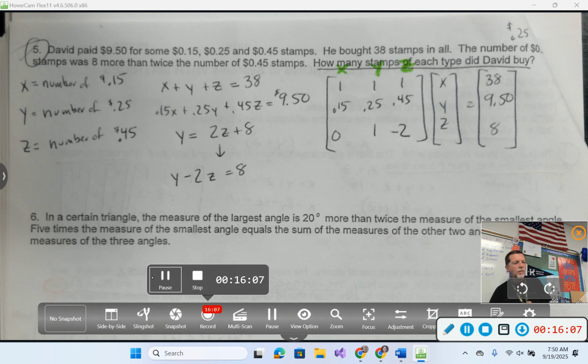Okay, so what I think I want to do today is just get started on the quiz. That way, as soon as you're done with the quiz and confident, you can turn that in and then grab a calculator and start setting these up. Well, I guess you could set them up without a calculator, but